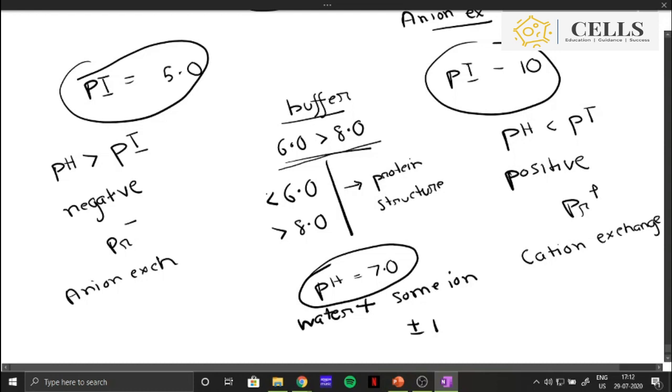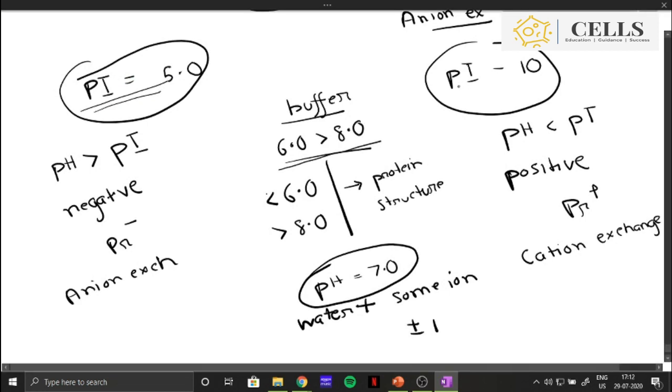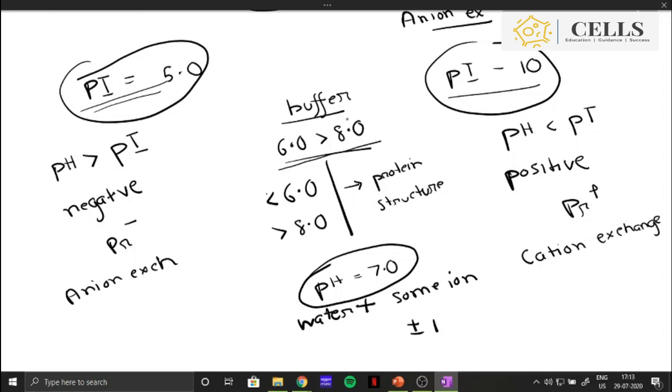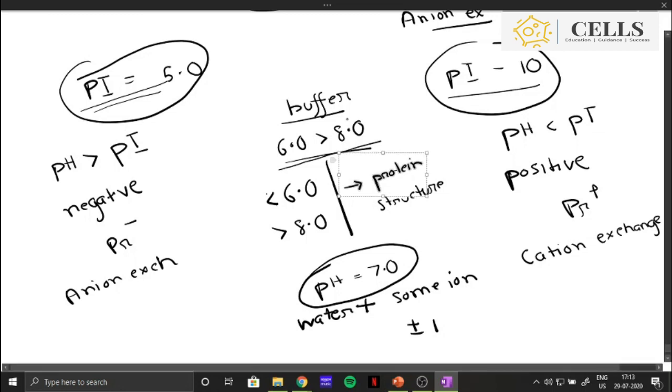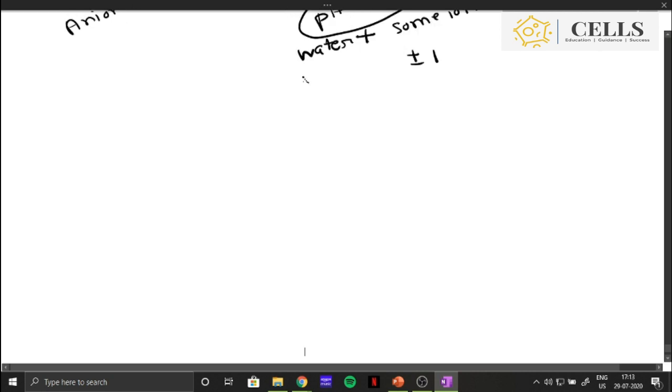That's all. Depending on the pI of the protein, you have to choose the anion exchange or the cation exchange. You can't change the pH of a buffer. Theoretically you can, you can use washing powder solution or battery acid as a buffer, but technically you can't change it much. You have to use a cation or anion exchanger based on the pI of the protein.